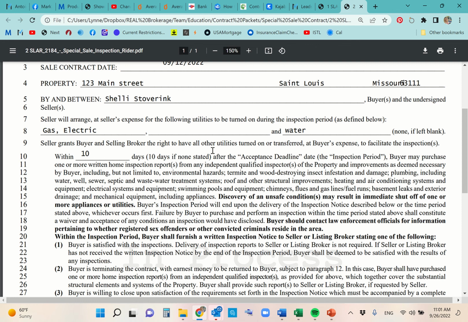Even though they're under contract about it, it just gets really complicated. So it's just a lot easier if you verify those things before you write the offer. And if you know it to be the case that the utilities are not on and won't be turned on, just make sure that your buyer knows that and that they understand that their inspector will only be able to review certain items